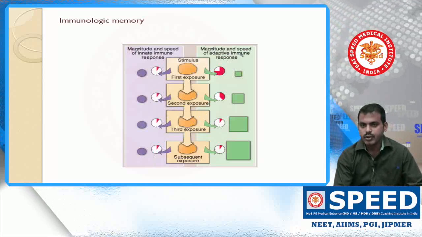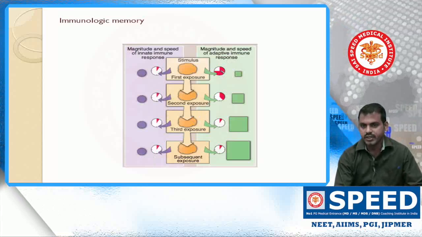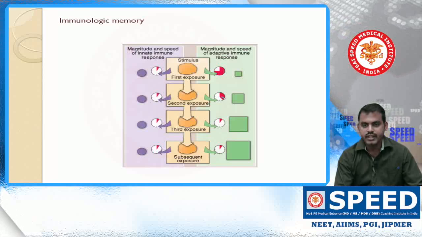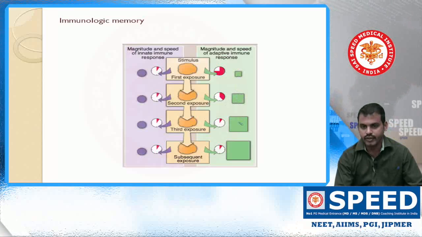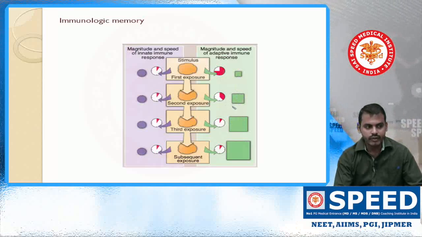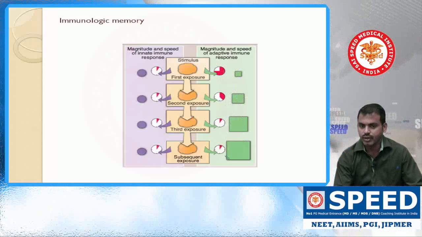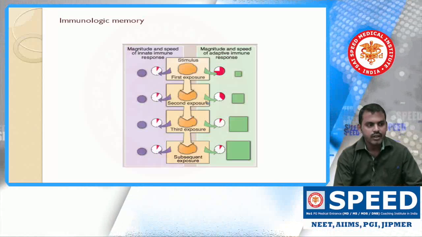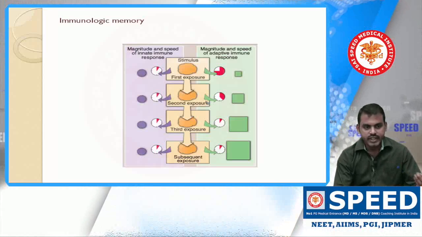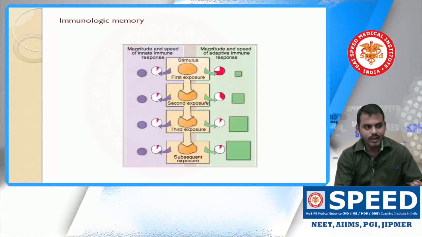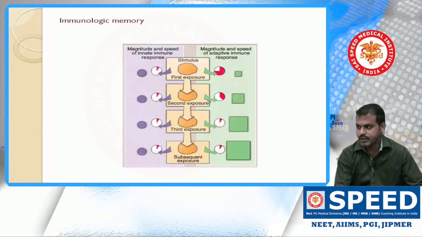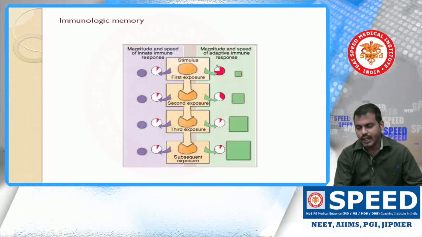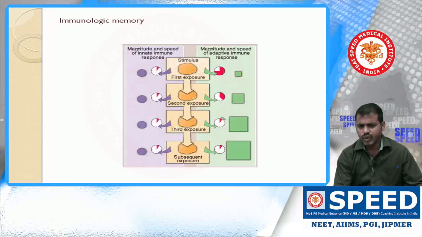But when it comes to the adaptive response, see the speed of response. On the first exposure it acts slowly, taking 3 to 5 days. On the second exposure, the magnitude of response increases and the time taken to respond to an antigen decreases. So whenever you get an allergy or asthma, you inhale dust: the first time you get wheezing in 20 minutes, the second time in 15 minutes, the third time in 5 minutes. Innate immunity is not able to respond to that, so adaptive immunity takes over, and when adaptive immunity takes over, the fourth and fifth time